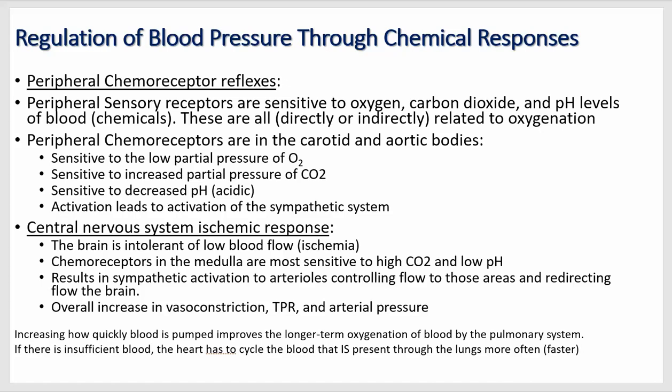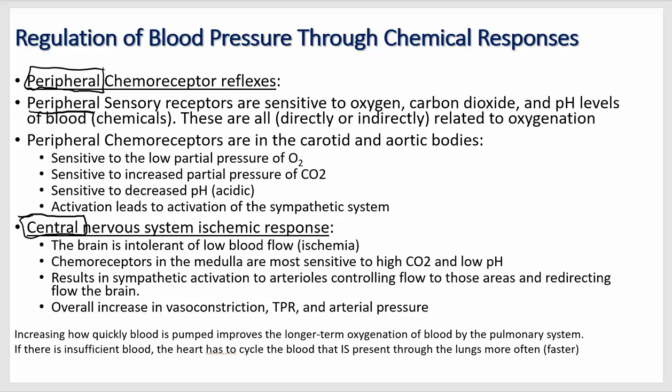So this is peripheral. That's what we want to keep straight, because we've got peripheral, and then down here we have central, which is the central nervous system. So peripheral is outside the brain and spinal cord, so it's all the stuff out in the body, and central is in the brain and the spinal cord. All right, so they're in the carotid and aortic body, so kind of in the same place